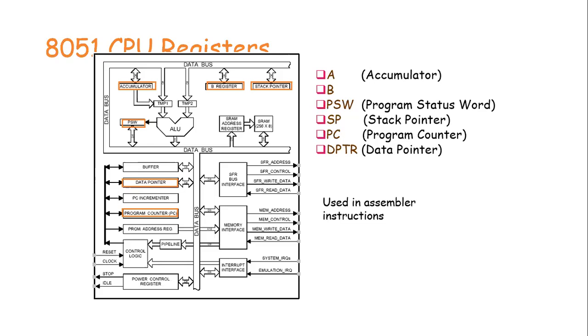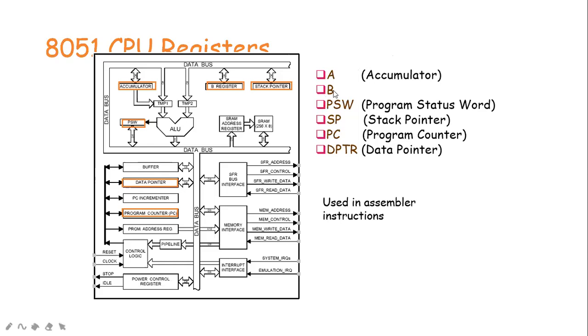arithmetic operations. That means one of the operands should be in the accumulator, especially for multiplication. If it is multiplication or division, it requires two operands. In that case, one should be in the accumulator, and the other operand should be in register B. In all these cases, after performing the addition, arithmetic operations or logical operations, the result will be loaded in the accumulator only.